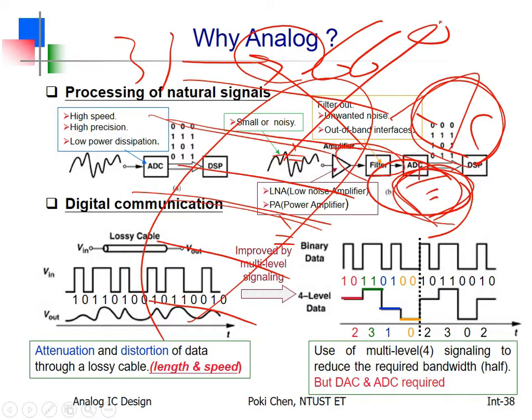你就不能再做并列通讯，你要做串列通讯。Only for serial communication, you can achieve something far above gigahertz. But how to transmit such kind of 1 and 0? Up to gigahertz. Who can design such kind of transmitter or receiver? Analog IC designer. For such kind of high frequency, high speed, serial communication link, nobody in digital domain can design it.